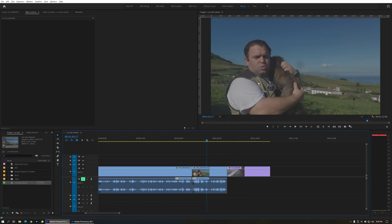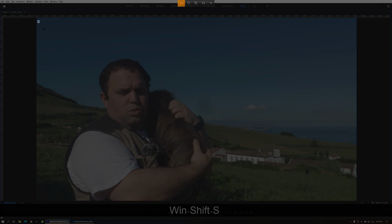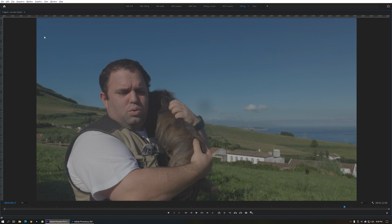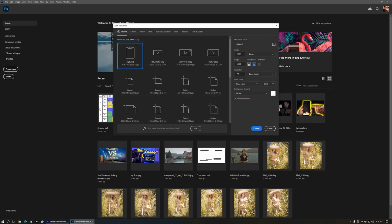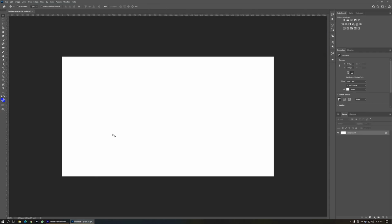So the first thing that we're gonna do is take a screenshot of this bad boy. Windows Shift S, and let's take a screenshot of a good area here. It doesn't need to be perfect on the edges, we just need all the colors and the degrees and all of that, okay? So let's go to Photoshop, create new, the clipboard size, okay, create, and I'm gonna just paste